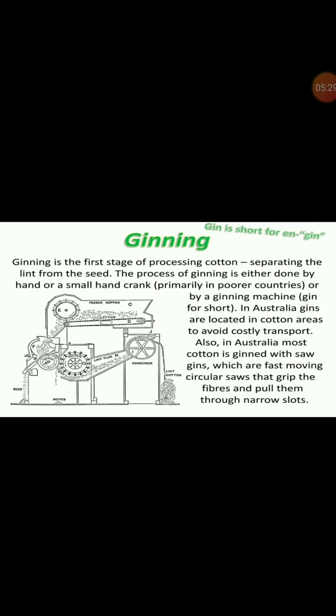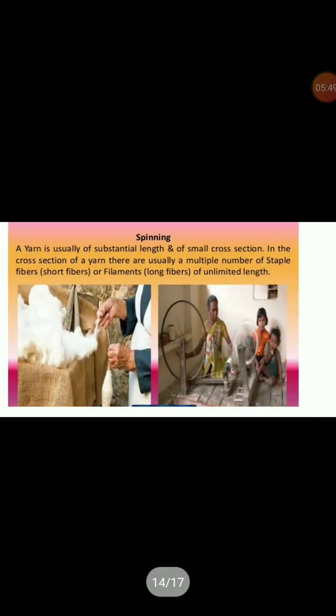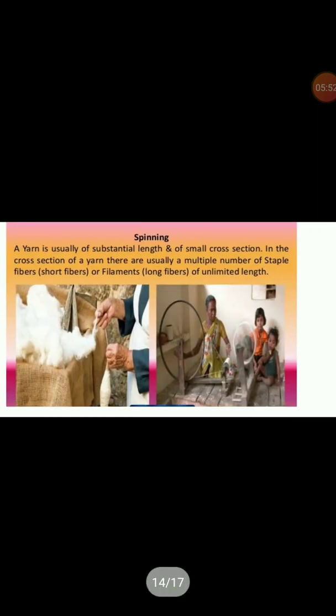Here in the picture also you can find how they are obtaining the cotton fibers and they are separating out the seeds from it, black color seeds. This is also another picture in which you are finding that seeds are being removed from the bushes of cotton. After taking out the seeds from the cotton, the cotton is sent towards the factory where it is being further processed for making the fiber from it.